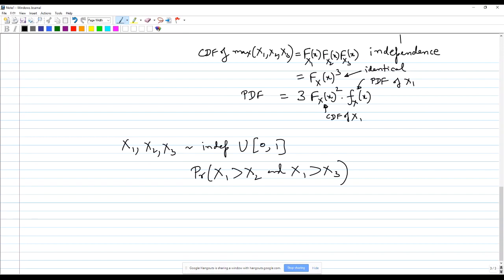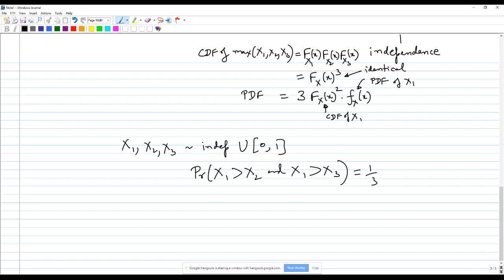And whatever area you pick, whatever region you pick, it should happen that x1 would be largest with 1/3 of the probability, x2 would be largest with 1/3 of the probability, x3 would be largest with 1/3 of the probability. So even before doing any great detailed computation, given the uniform distribution in the same interval, I can immediately conclude the answer has to be 1 by 3, because